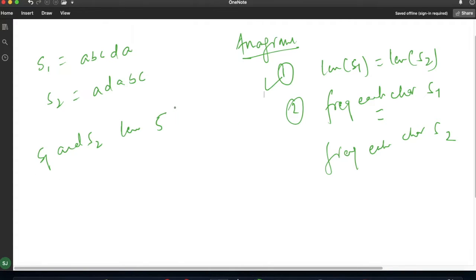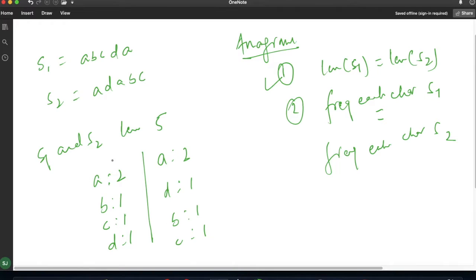Now second is the frequency of each character. For S1 the frequency of each character is: A has occurred twice, B once, C once, and D once. And in S2, A has occurred twice, D once, B once, and C once.